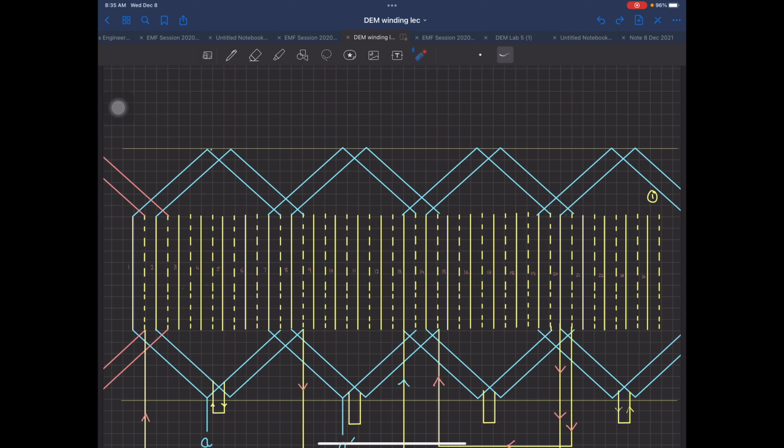ठीक है, और ये क्वेश्चन पूछा जा सकता है in the exam कि how many slots will be moved by the north pole. But listen to this carefully, if this is my north pole over there, this was at time t equal to 0. Now if I move on the electrical waveform from time t1 to t2, I hope you have taken the lecture which I have given to your 2020 session for the revolving field theory. There I have made timestamps t1, t2, t3, t4.